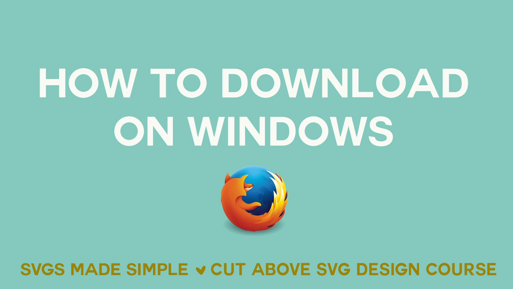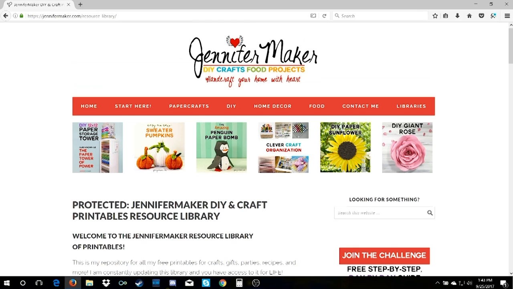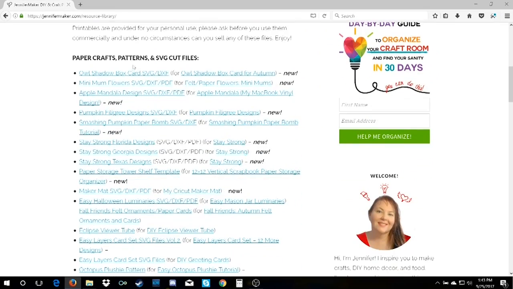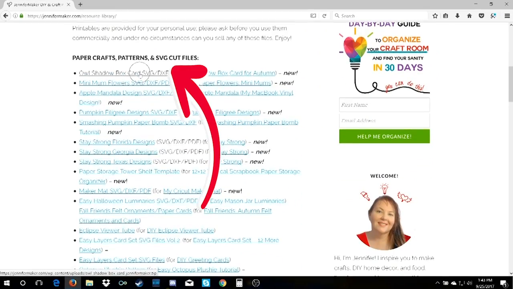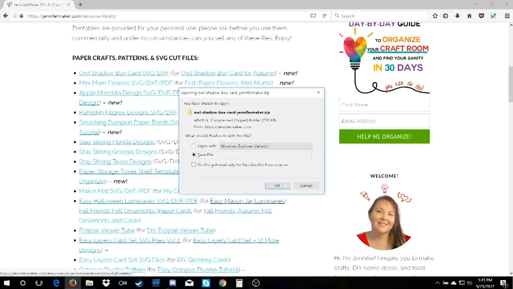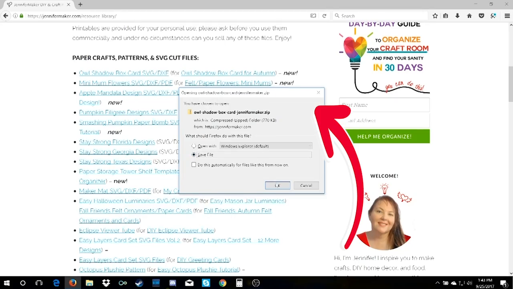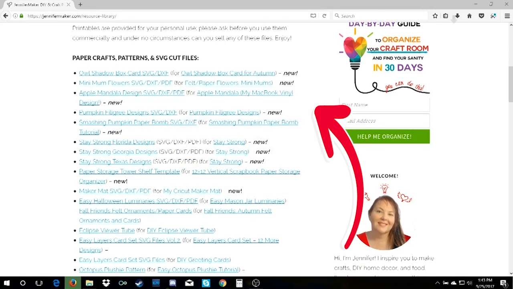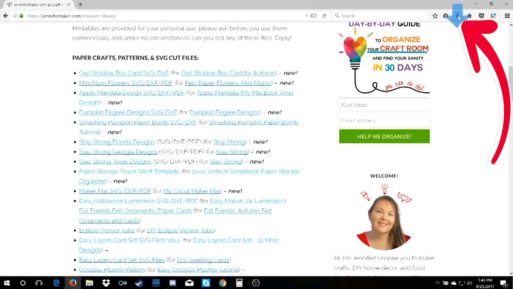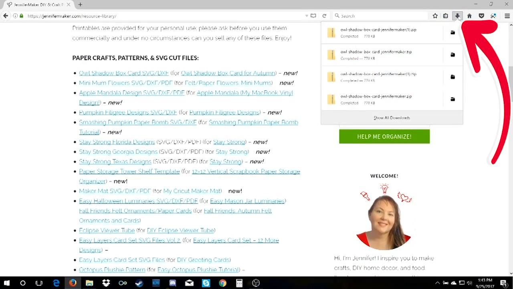Okay, now let's switch to a Windows laptop running Firefox. So I'm here in my resource library on my blog. I scroll and I find and I click the link to download it. And you'll see it asks if you want to open or save it. You want to save it. And you click OK. And you'll see that this little down arrow is what you click on to find your